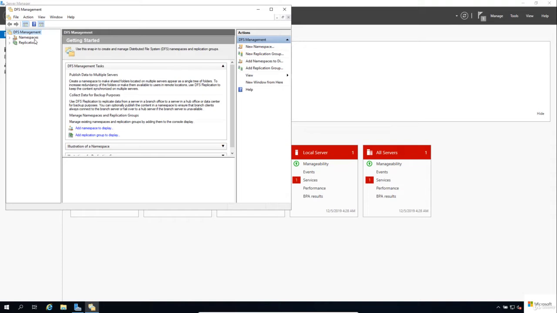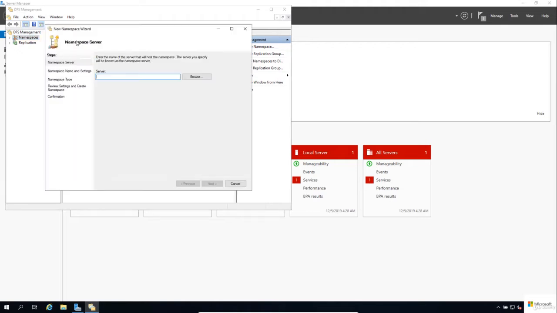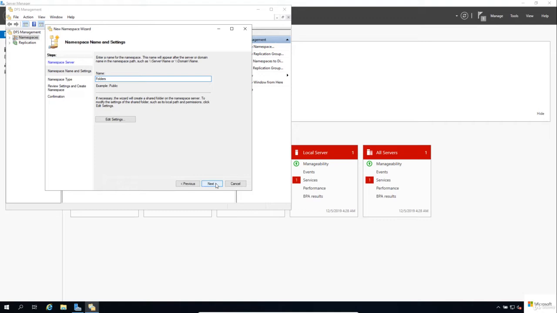right-click on DFS Namespace, and select New Namespace. First, we're going to choose the server that will host the namespace, that is the set of shares. So type Server 1 and click on Next. The next step is to name the namespace. So let's type Folders